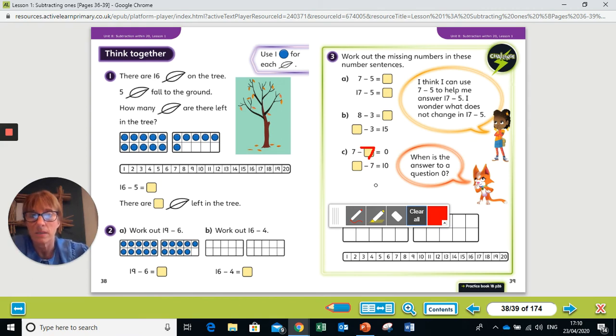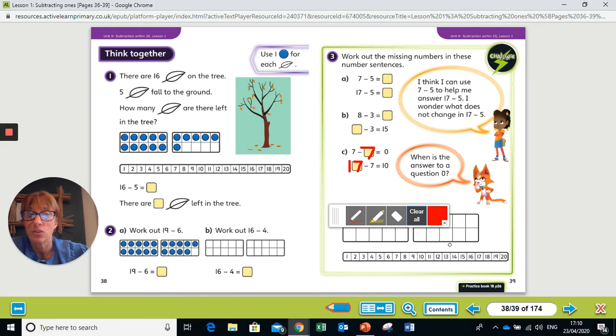So let's look at these numbers. Now we need to find our starting number again, a bit like this question. What number are we starting with that we take away 7 and we get 10? So we know 7 take away 7 is no 1s are left. 7 take away 7, we've got nothing left. But this time our number, our big number, we take 7 away, we've got 10 left. We've got 10 left. So our starting number must be